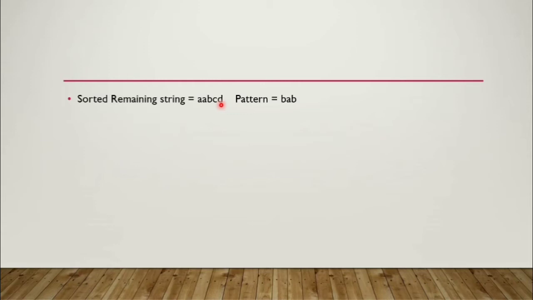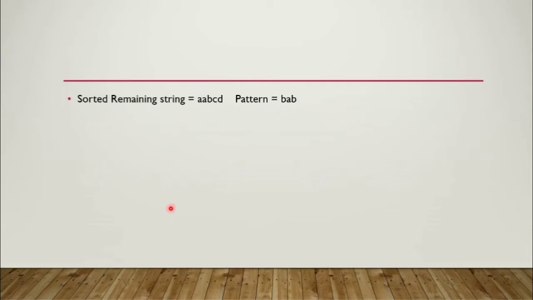We have a list of numbers 1, 3, 4. We have to insert 2 into the list in such a way that the resulting list is as small as possible. So we will insert 2 after 1. We cannot insert 2 after 3 or after 4, as that list will not be the smallest list possible. Similarly, when we insert the pattern into the sorted string, we have to note that all the characters before the pattern should be less than or equal to the first character of the pattern.